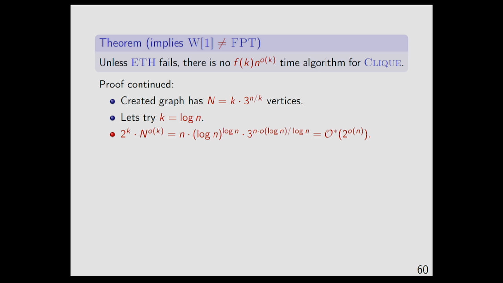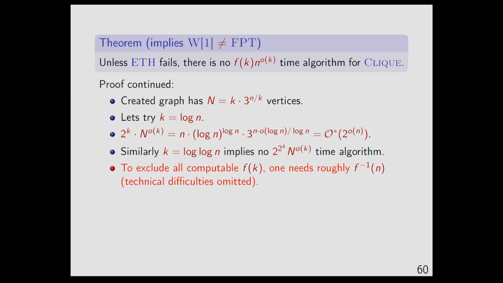So this is little o of log n, because you have a little o of k algorithm, and you can show this is to the power little o of n. Okay? Suppose I wanted to rule out a 2 to the power k times n to the power big O of 1 algorithm. Then you set k equal to log n and do the maths again.